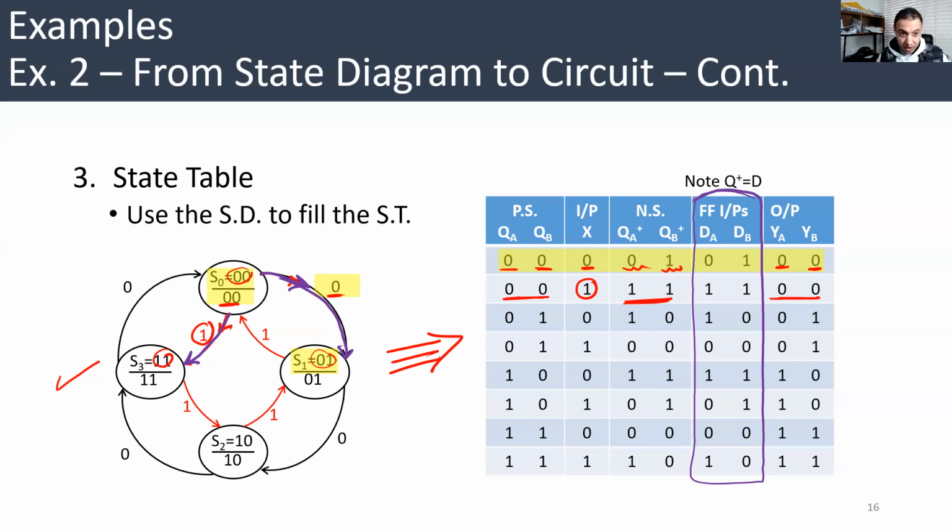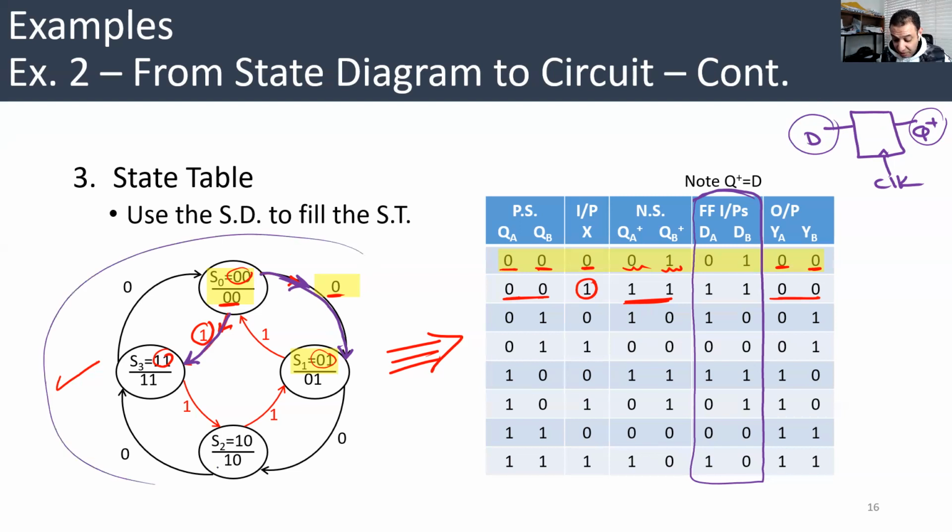And I'm going to show you how to fill it right now for each state. Look, we know that in a D flip-flop, when the clock comes, the output Q, the output of the flip-flop, not the output of the circuit, will copy the value on the D. What we filled, for example, in the first two rows here,